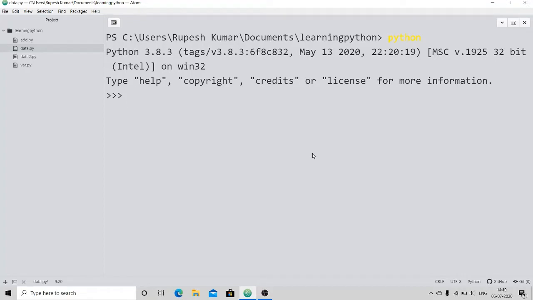That means if you have a variable, how to know which type of data is stored in that variable. Finally, we'll also have an example of each and every data type that we will learn in this tutorial.